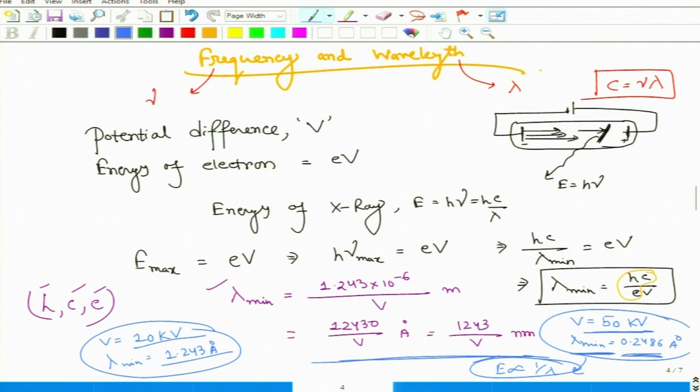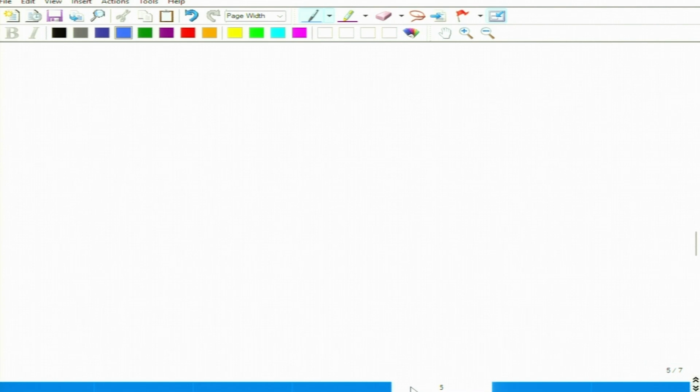Now this potential difference V should be 10 to the power 6 volt to produce hard X-ray equivalent to the wavelength 0.01 angstrom. I am coming to that. There are two types of X-ray. One is the hard X-ray, another one is the soft X-ray. But before that,